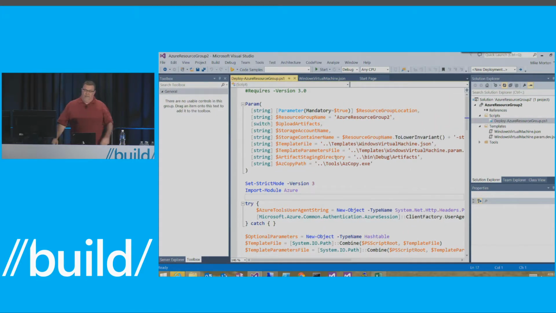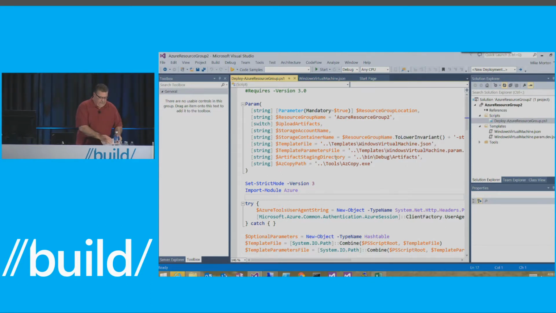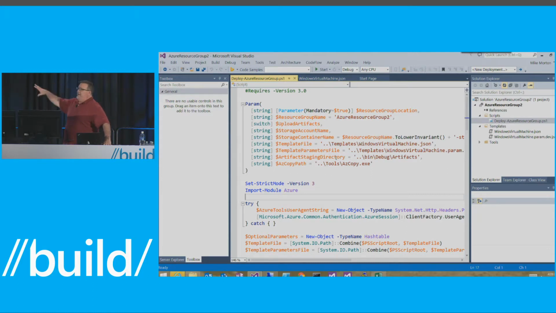first thing I want to point out is we have great colorization. There's an extension out there for PowerShell. How many people are using the PowerShell extension? Many people? Okay, so Adam Driscoll is an MVP. He created a great extension. It's an open source project. We've invested a lot of time with Adam and other people in the community, and we've done a lot of work to give great colorization,